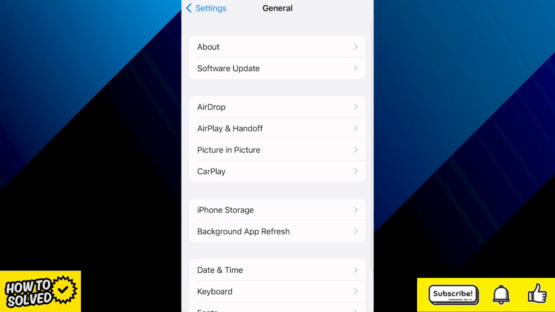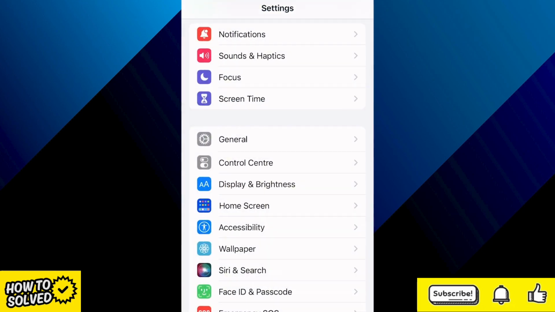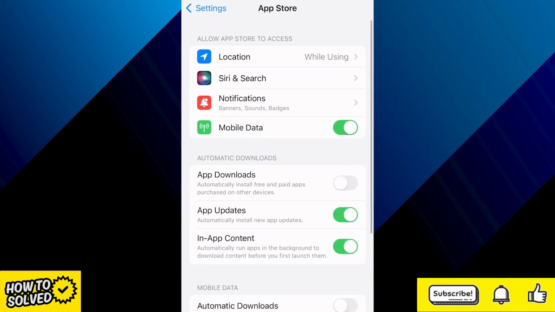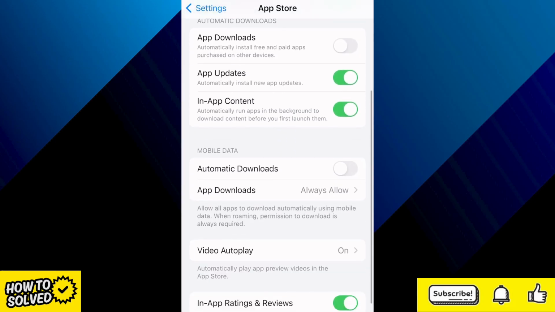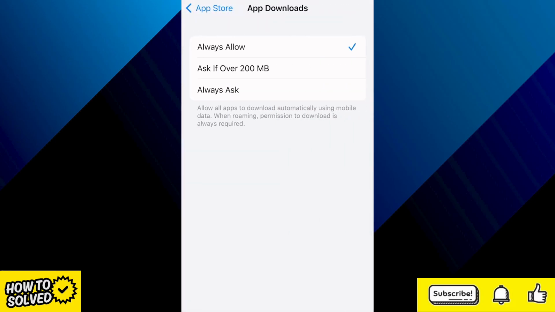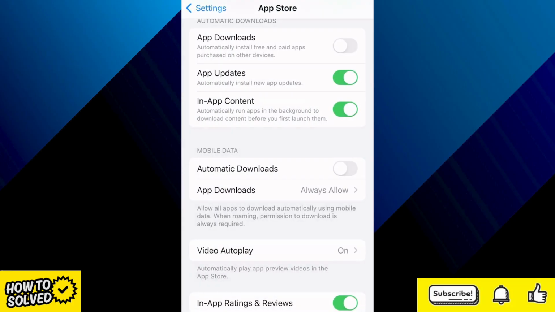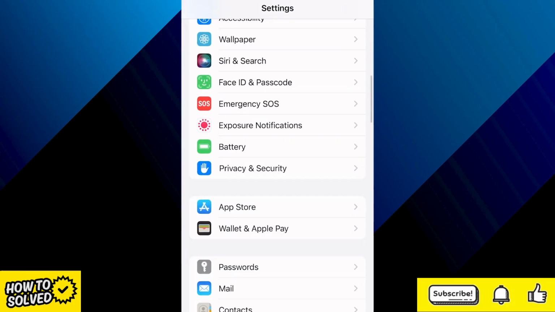come back again, and we're now going to scroll down to App Store. And down in this mobile data tab, you'll see this section for app downloads. So go ahead and select that. And we need to change this from ask if over 200 megabytes to always allow. Then come back to the App Store, come back over to Settings, and then we need to scroll up slightly